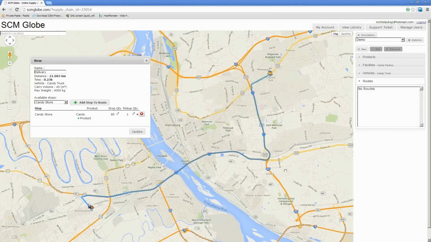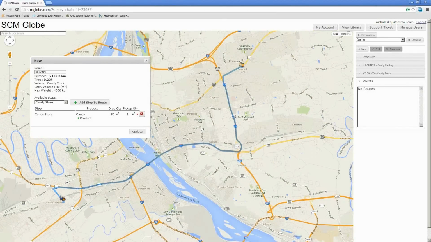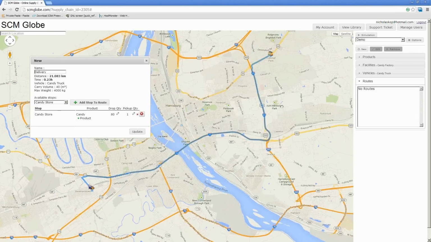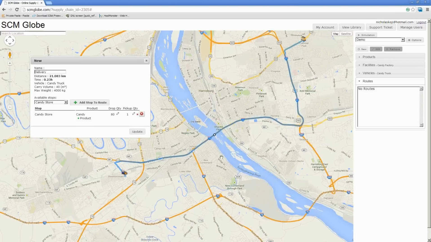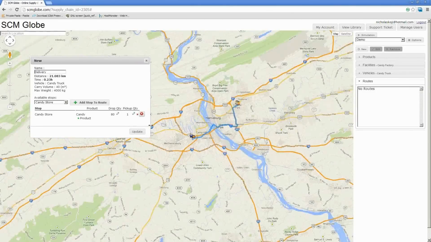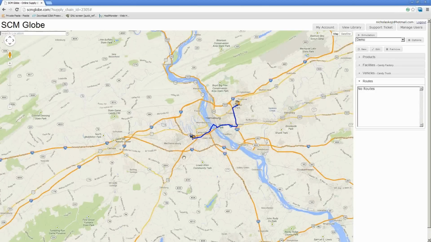Another thing you can do is if you're going to run a scenario where you know certain roads might be blocked, so you have to take another route, say maybe this bridge is under construction, you can click the route and drag it, and it will update the route. Now I know on this one it might be minimal, but when you're doing it across the country, that can cause for a big supply chain change. So we'll go ahead and click Update on this, and now you can see that I've created